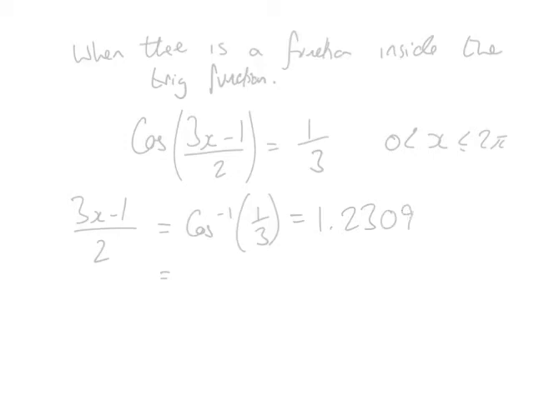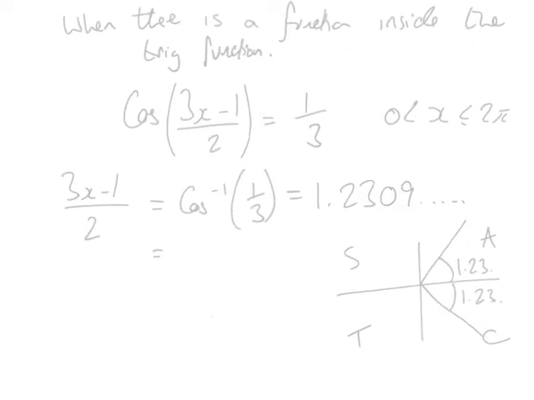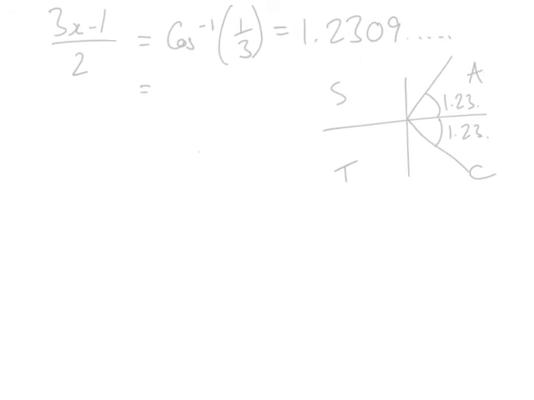Our calculator spits out the number 1.2309 and change. Now we're going to mark this on the CAST diagram, remembering cos is positive, so that's where cos is positive. 1.23 is marked on. And so our solutions to 3x minus 1 over 2 are going to be,